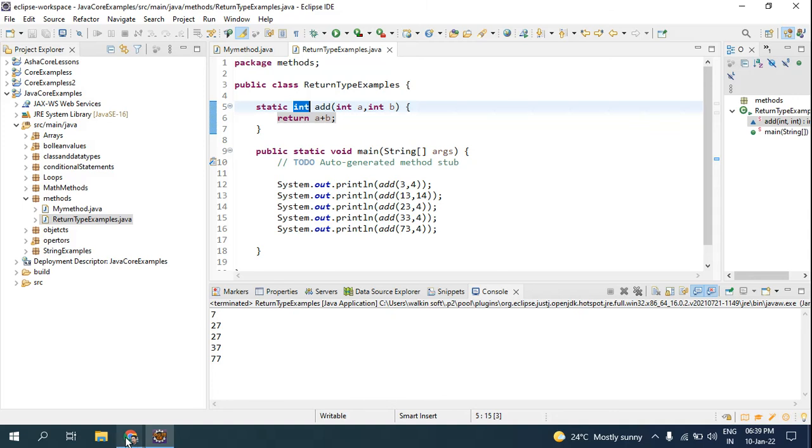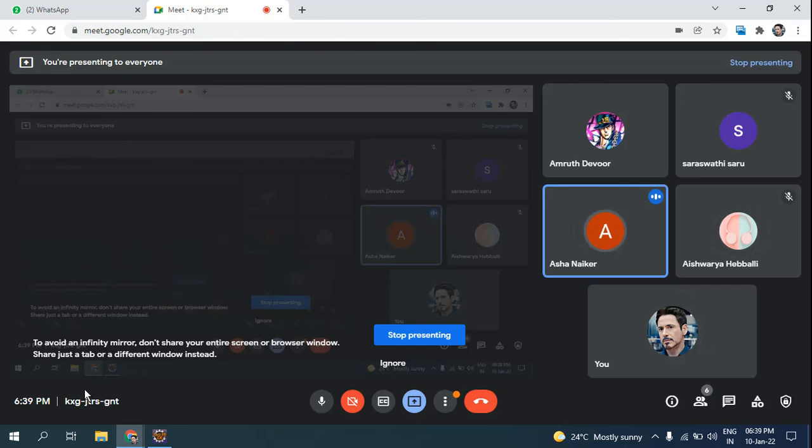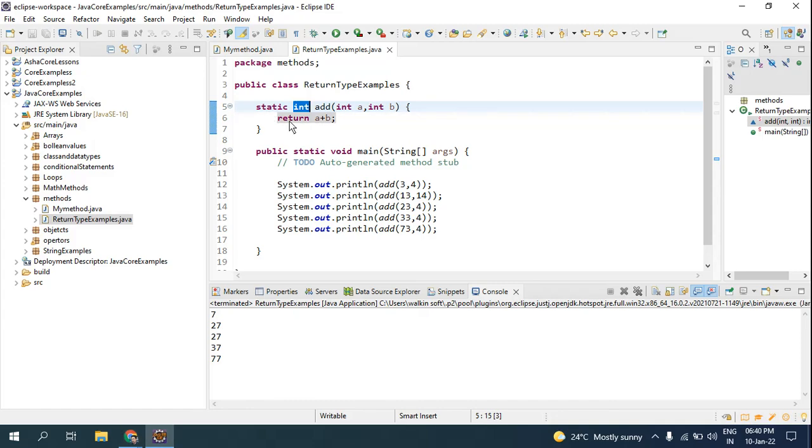So I hope everyone knows why I use the void keyword and when to use the data type keyword, right? No doubt, right? No, sir. What about Saraswati, Asha and Amrut? It's clear, sir. No, sir, it's not. So you just have to analyze that when you have a return type, you have to use the data type for a return call. If you are using void, it is understood that you are not asking the function to return anything. Now we shall create a customizable method based on some conditions.